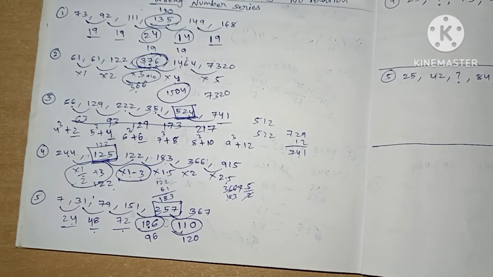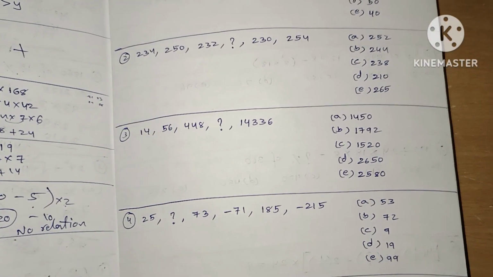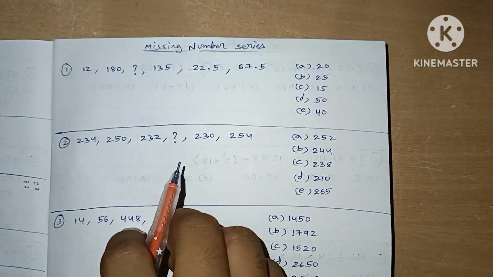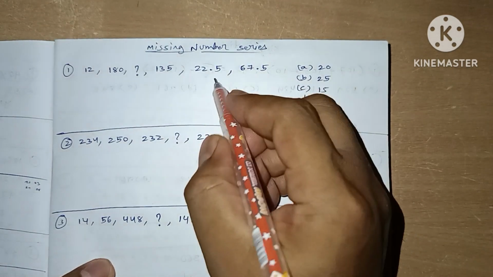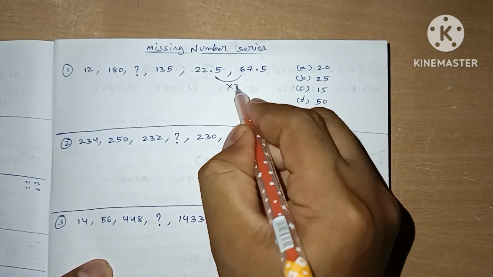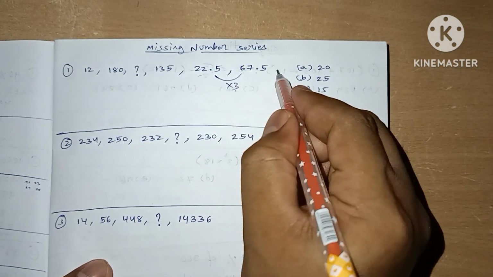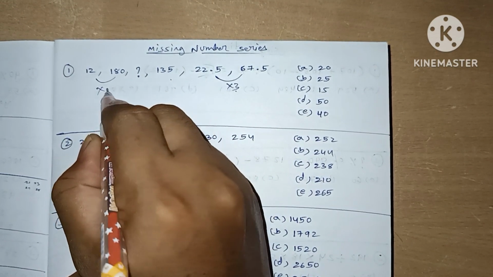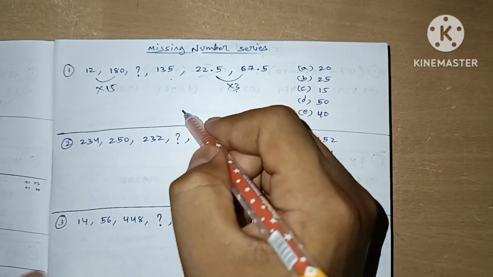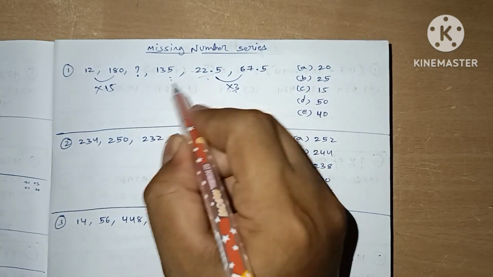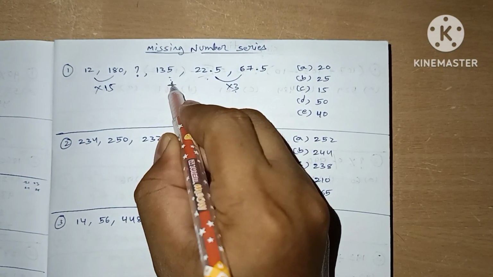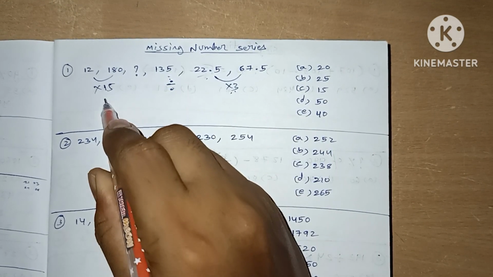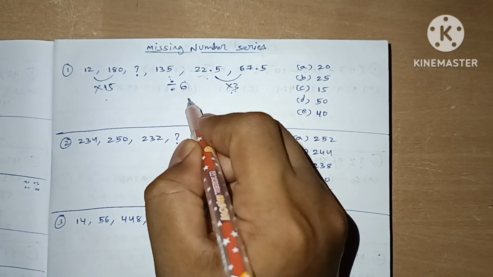Okay, now we are going to see missing number series. Missing number series, first question. I know these two numbers are times 3. 22.5 times 3 is 67.5. And I know this is times 15. And 13 becomes this one, means it must be divided by 3 becomes 15, means let's take 3 factors, 6,